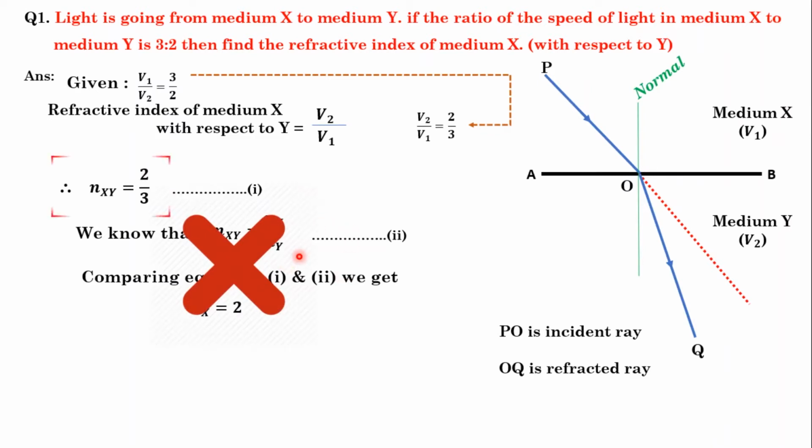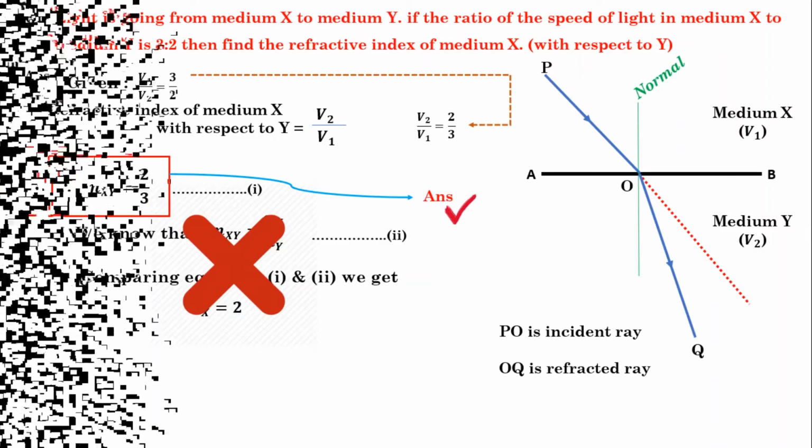What will be our answer? Our answer will be 2 by 3. So this will be our refractive index. So this is our answer. Clear? So the next question is,